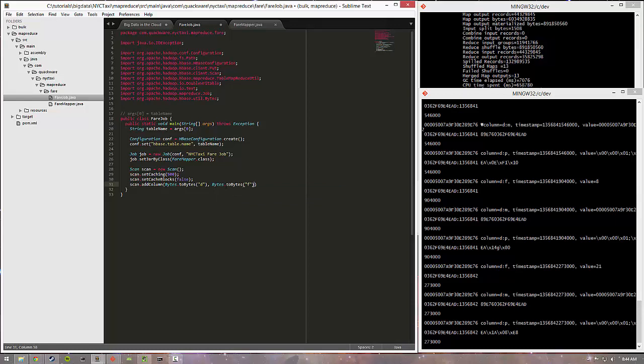And we want fair. And we actually want a medallion as well. So you can probably guess how that's going to go. Pretty much the exact same. And we're going to use this TableMapReduceUtil class to basically init the mapper